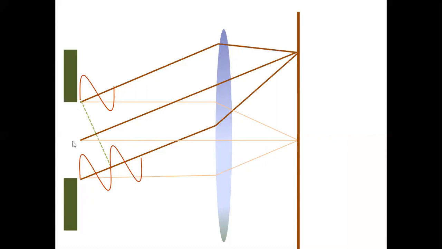Divide the whole slit into two parts, upper half and lower half, exactly two halves. If this wave travels a lesser distance and this wave travels an extra distance of 1 lambda, what about the extra distance traveled by the secondary wave traveling from the midpoint of the slit? That is half lambda. You can see that this is 0 lambda, this is half lambda, and this travels 1 lambda extra. This one says, sir, I have to travel half lambda extra.